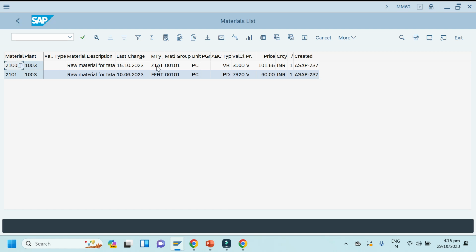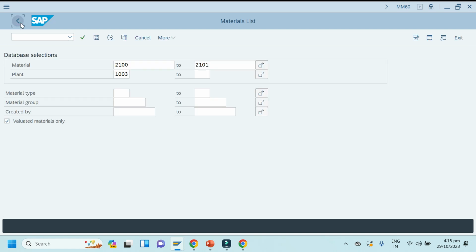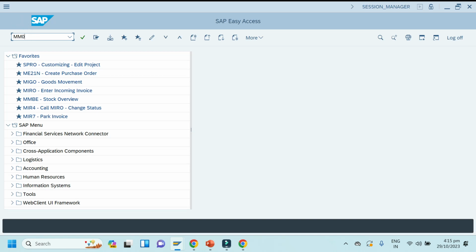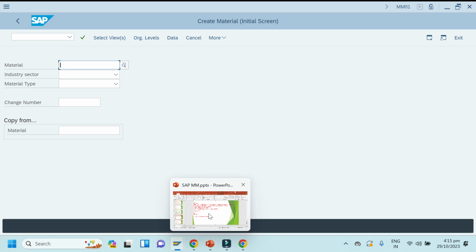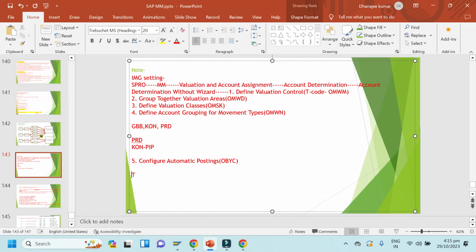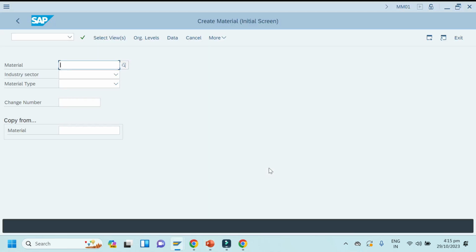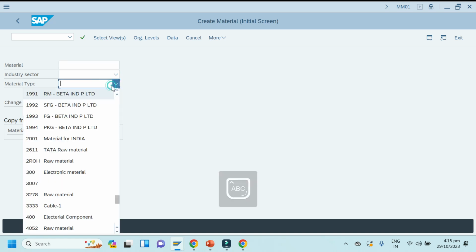So I will create what this material type. Okay, MM01. Step 1, I can say here, test scenario, step 1, ZTAT.